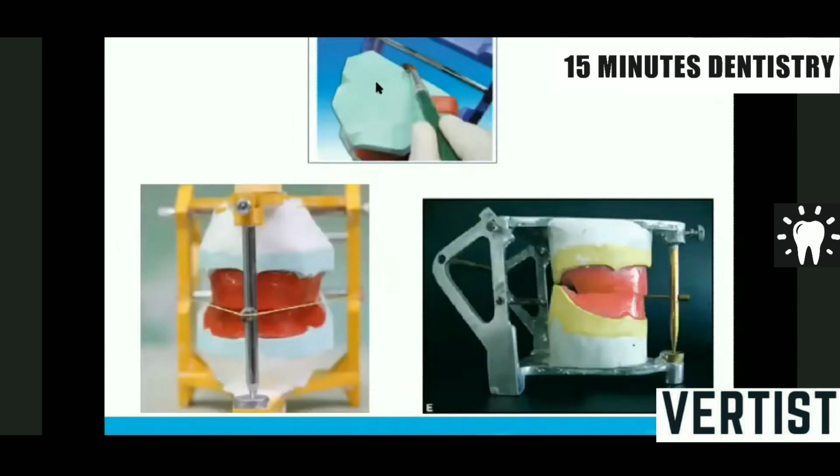So while mounting, we apply a separating media so that there will be easy separation of the master cast after the teeth arrangement. We make 3 V-shaped notches, and in these notches we don't apply separating media so that it holds the